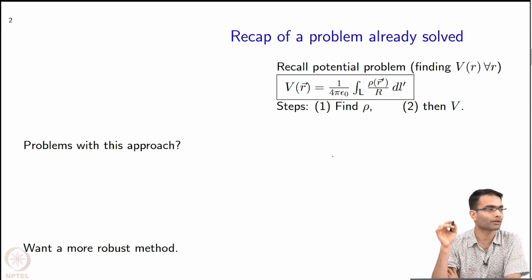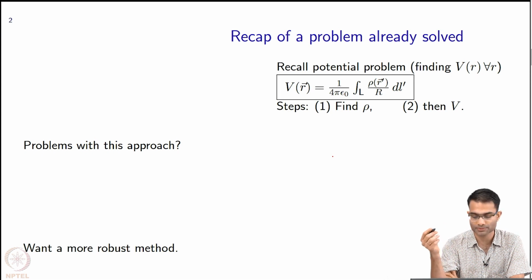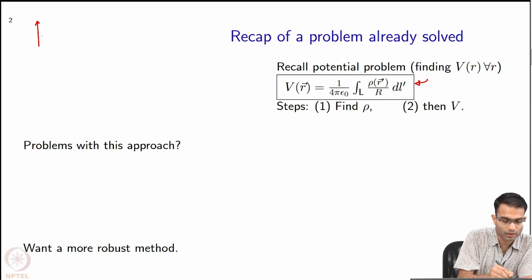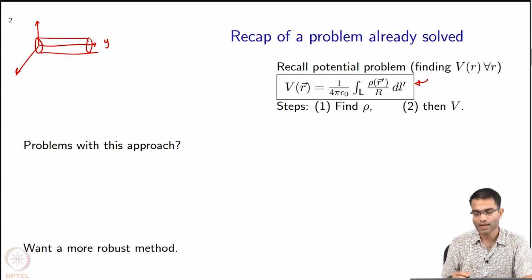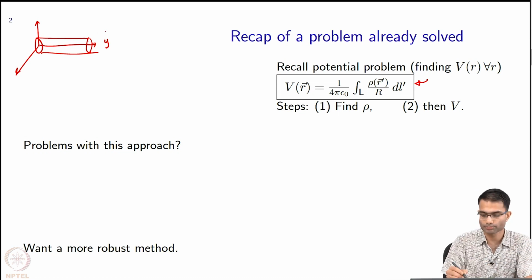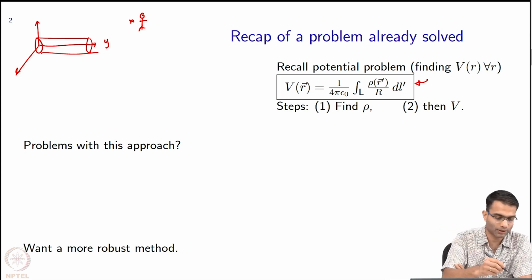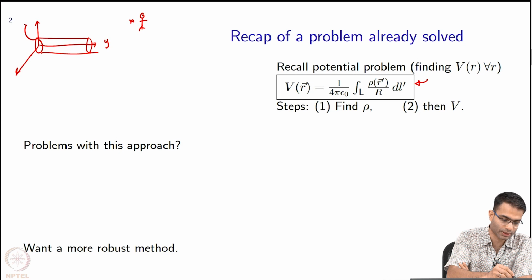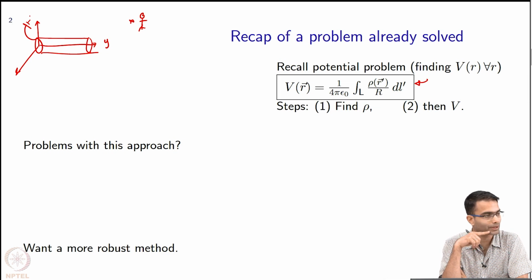So, let us go back to the very original problem that we started with for motivating integral equations themselves, right. So, everyone remembers this integral equation, right. So, we had a wire along the y direction, right, that is what it was, and we wanted to find out the potential at any point in space over here. That was what the problem was, right. And further, what was given was that this cylinder was connected to a constant voltage, right. So, everything was at a constant voltage, and that is how we had set the problem up,